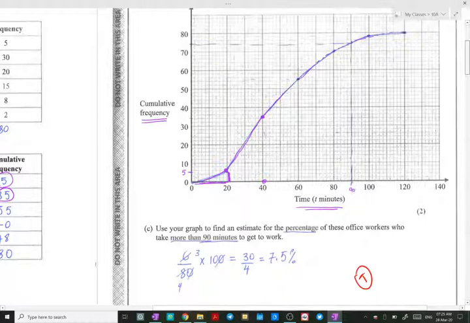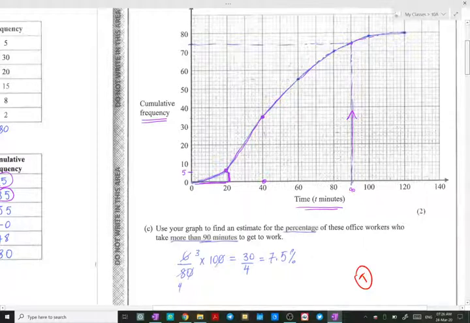And then you draw a line so that it will intersect the graph. This is how you draw the line: vertical, parallel to the cumulative frequency axis, and where it intersects the curve, you draw another line parallel to the time axis,